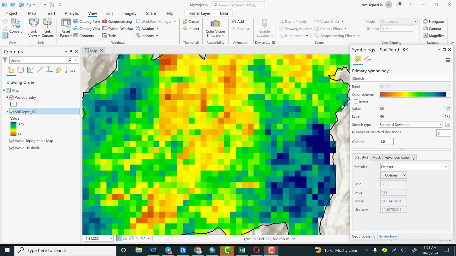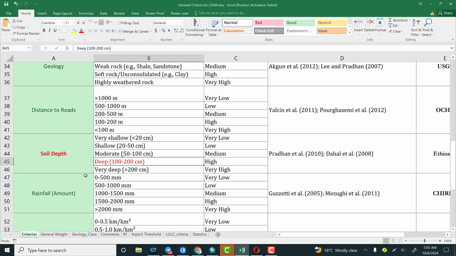Let's get back again to the threshold table. This threshold table indicates that an area with less than 20 centimeter soil depth is very low susceptible for landslide, whereas the reciprocal, an area with greater than 200 centimeter, indicates that the area is highly susceptible for landslide. On the basis of this, I would like to evaluate my dataset to reclassify the soil depths of my study